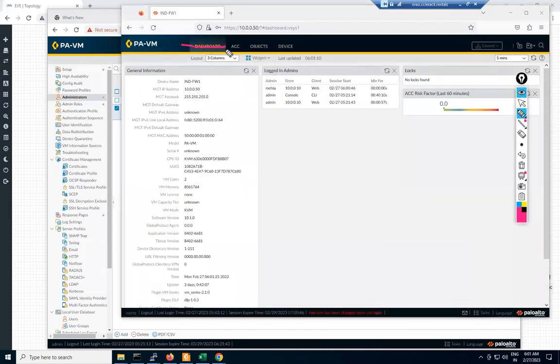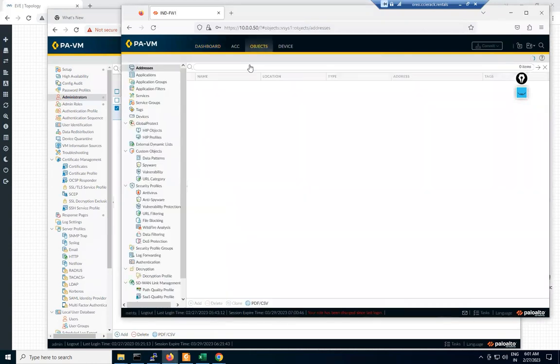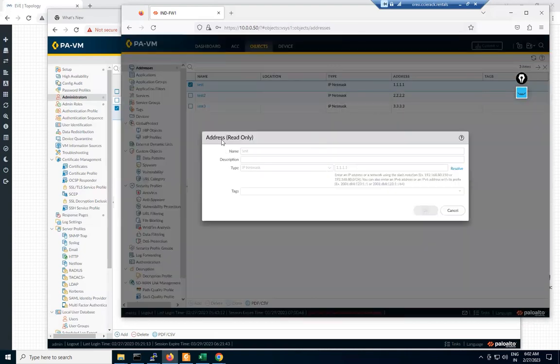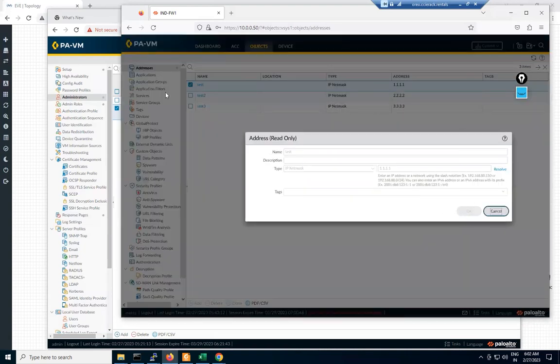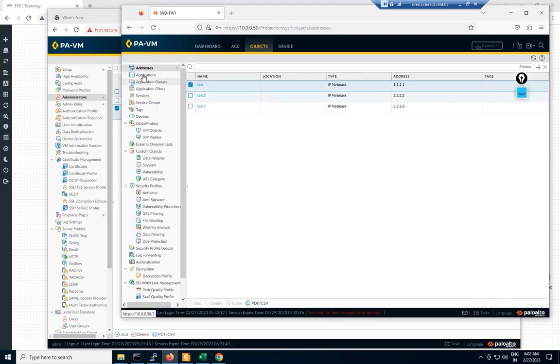So guys, you can see here, now I am getting only dashboard, ACC, object, device, right? So guys, we didn't see more features here. We are just aware about these features here. Okay. So guys, here you can see my add option is not getting highlighted. This one is blurred. So that means I can only see, I cannot modify anything, read only permission. Okay. If I go to the application,